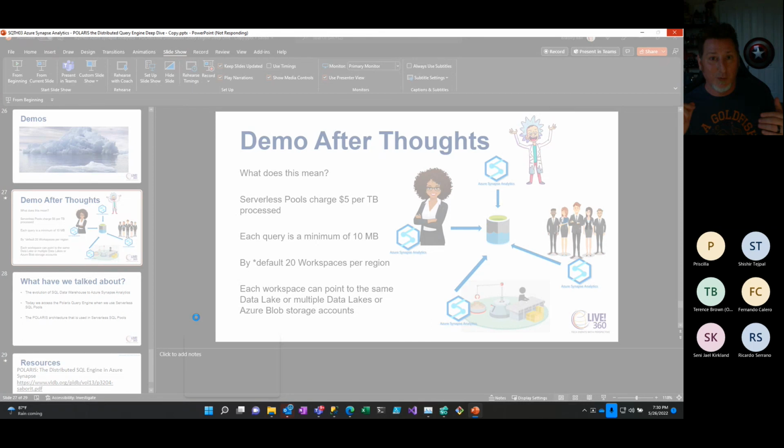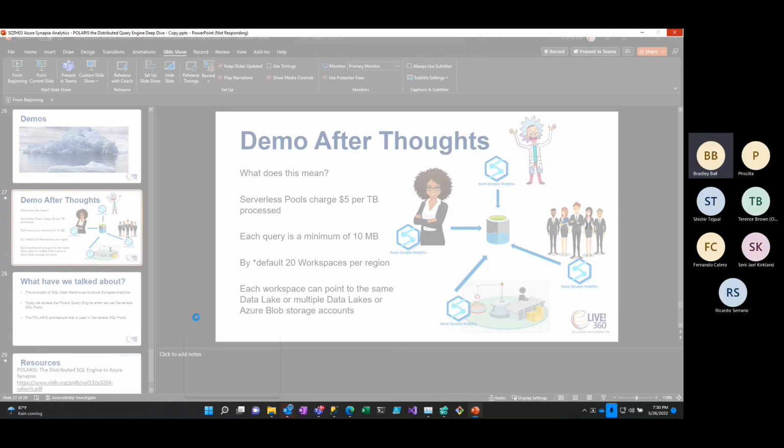So essentially what I'm trying to say is you can use multiple Synapse Analytics workspaces to point to that data lake. And within that data lake, each of those Synapse Analytics will have their own